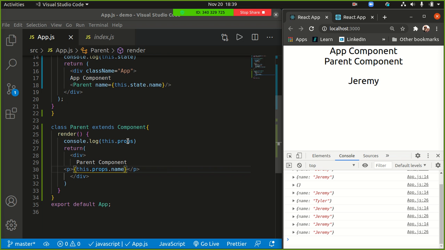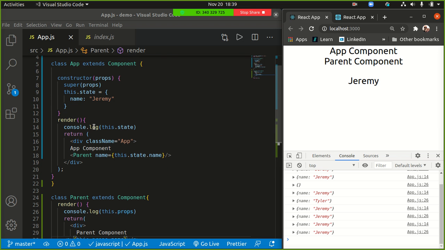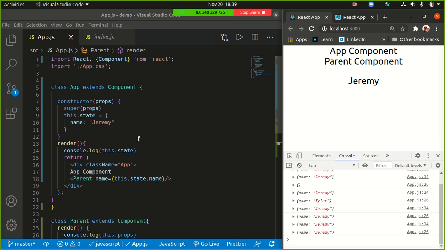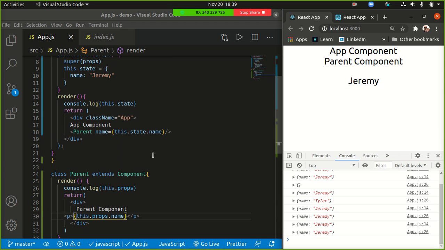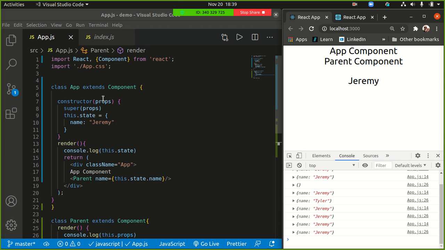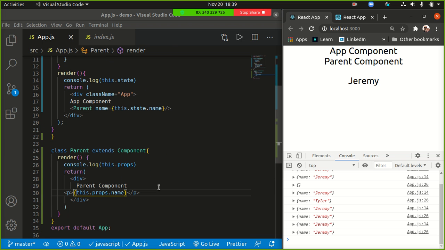So you'll see I'm console logging this.props up here, and I'm console logging this.state up here. It's kind of just terminology you have to get used to. State is mutable, props is immutable. So once the state is updated and it's passed down, it becomes, not set in stone, but